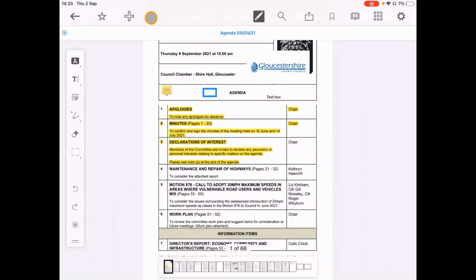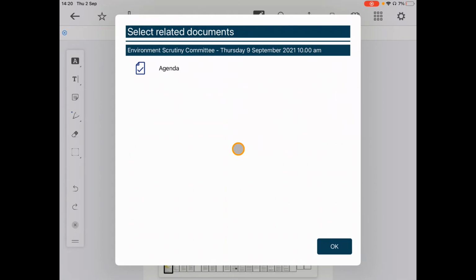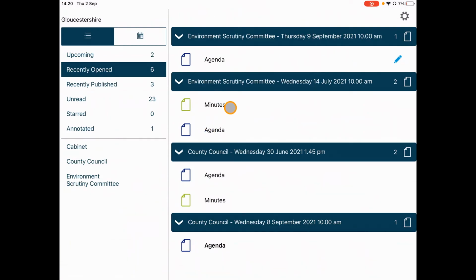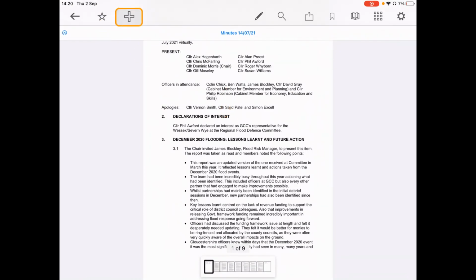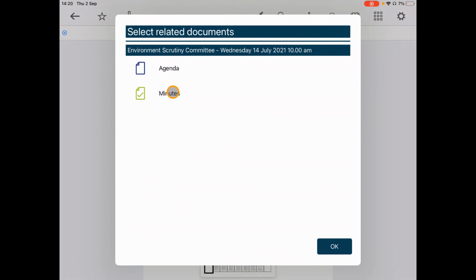Okay, now if we look along the top, you can see a plus icon. This is good if, say, you have multiple documents available. As you can see, we only have the one available just now. So if we exit this document, okay, if we say click on this one, what you'll see is if we press the plus icon, we open related documents. We also have the minutes and agenda option. So if we select both of them,